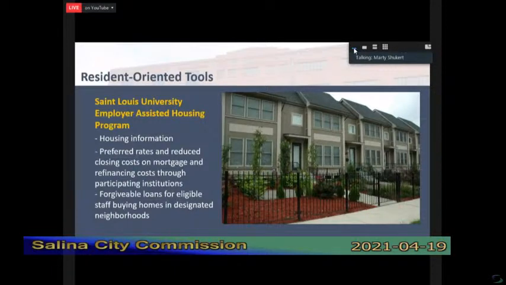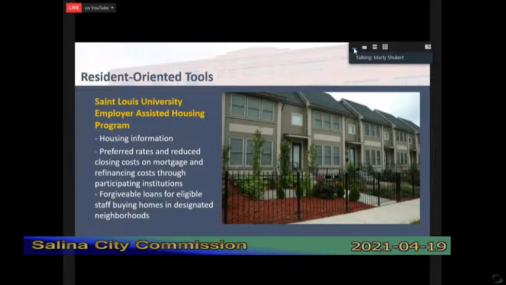St. Louis University, this is not a small agency, but if you know SLU and know the neighborhood that they were in, it was not a very good neighborhood, and they set about, from a variety of reasons, both from the point of view of their religious mission, their civic mission, and also just to be able to make the school marketable to the students they wanted to attract, have really done a lot to rebuild the neighborhood. And it's been largely through employer-assisted housing.